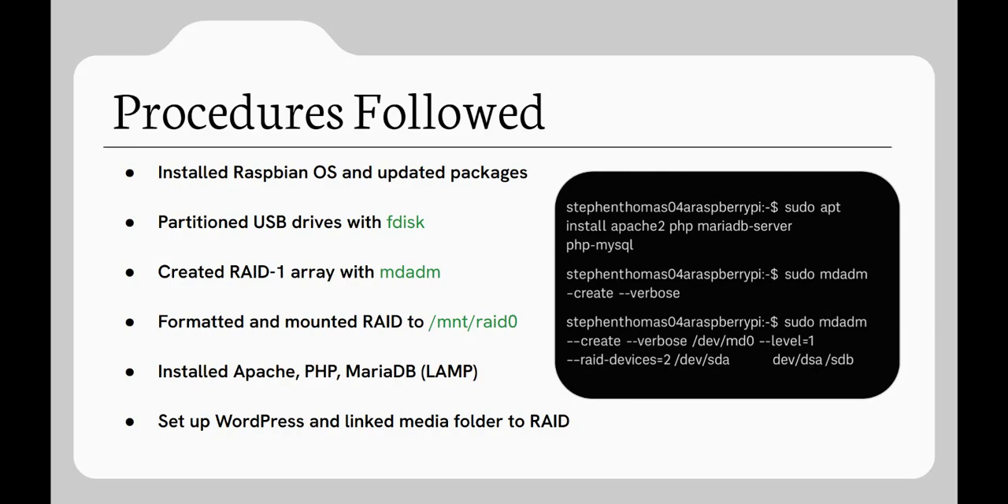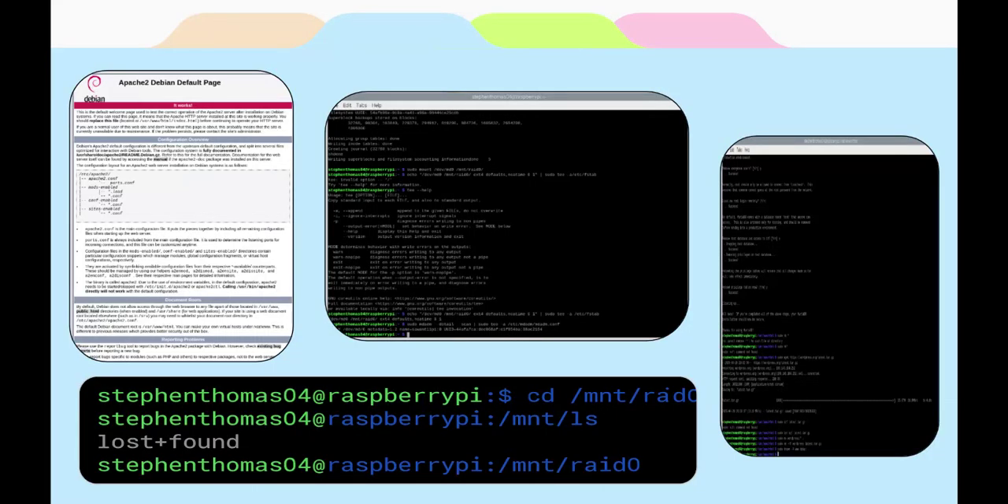Then I use a symbolic link so that WordPress still thinks it's accessing wp-content in its normal location, but it's actually reading and writing to the RAID array. Now moving on to my results,